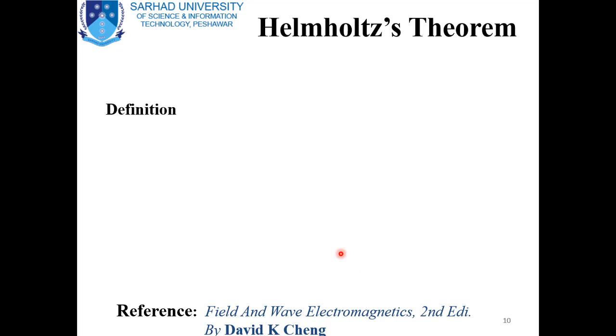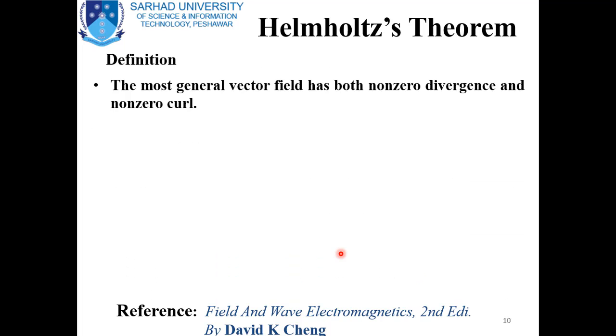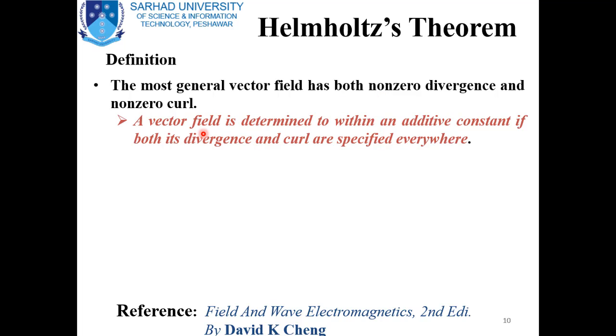Now let's summarize them and write the definition of the Helmholtz theorem. So the most general vector field has both non-zero divergence and non-zero curl. So we can define Helmholtz theorem. A vector field is determined to within an additive constant if both its divergence and curl are specified anywhere. So we can determine a vector field up to some additive constants if the divergence and the curl of the function